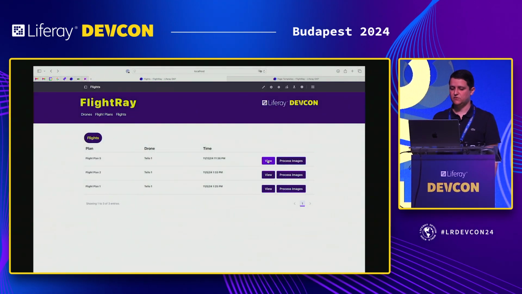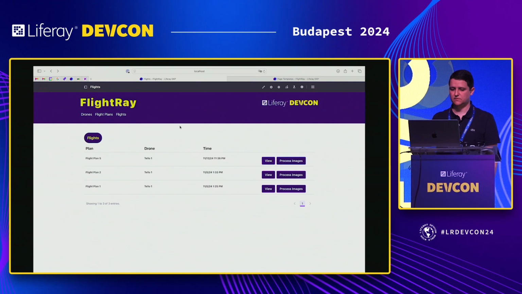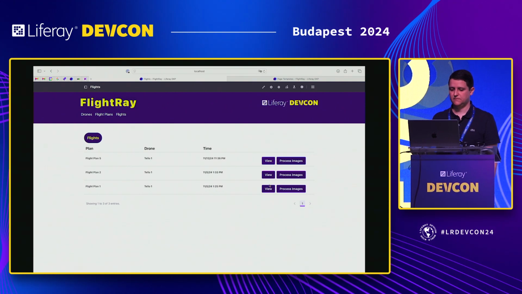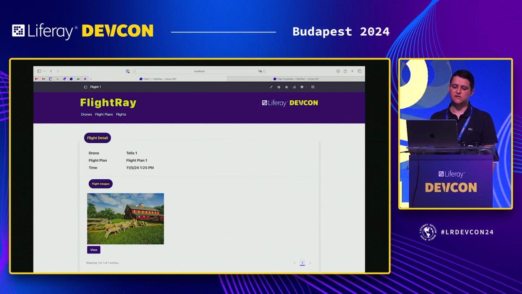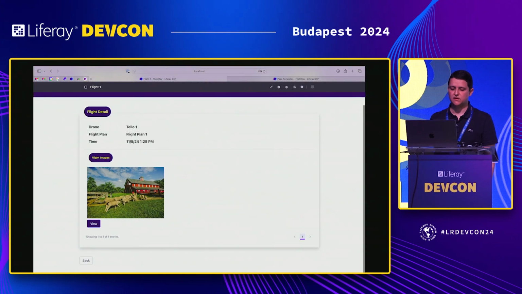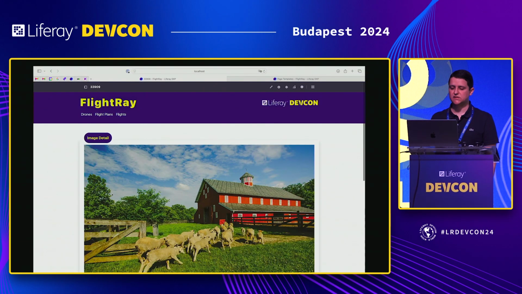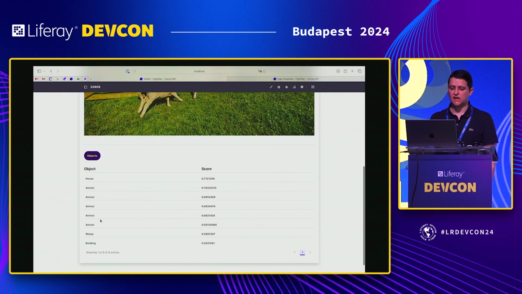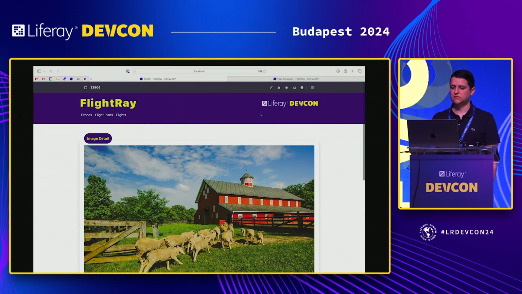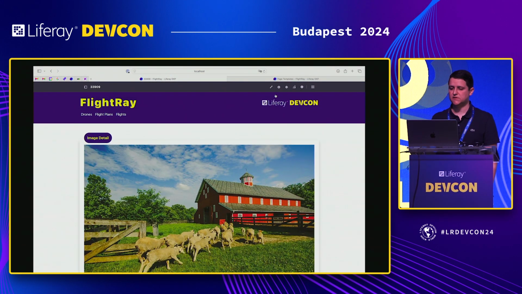When you click on view, there's an example. When we click here, the image, we can see the objects that we identified. So that's another display page template.